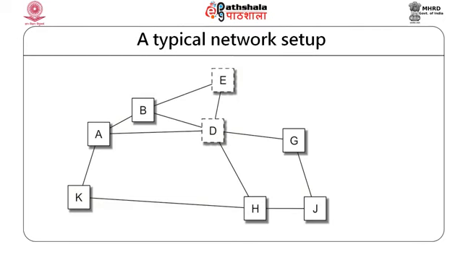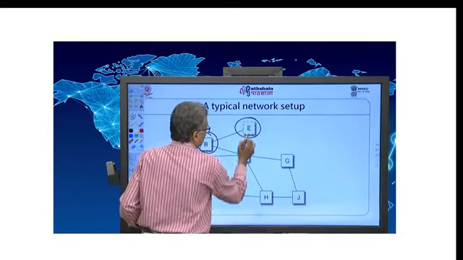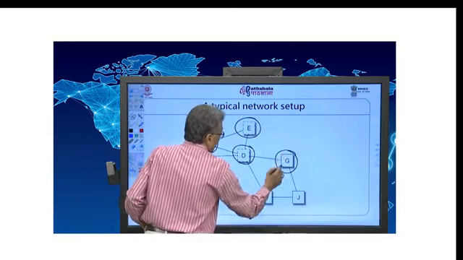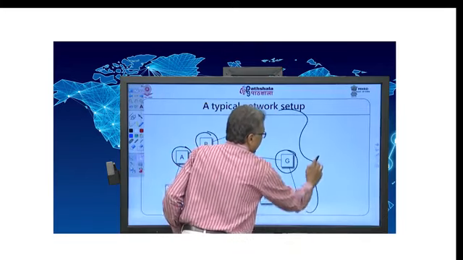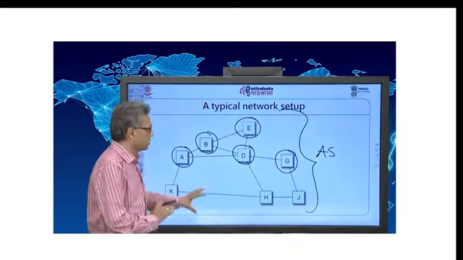Okay. And here is a typical network setup which we are going to continue talking about. Now, please understand what this network means. Every node actually is a network in this case. Every node is a network, and this is basically an AS, autonomous system. Okay. So, that is the typical setup that I am talking about.